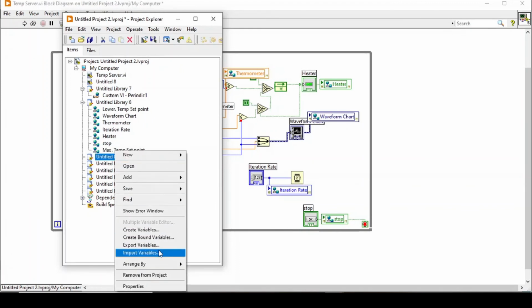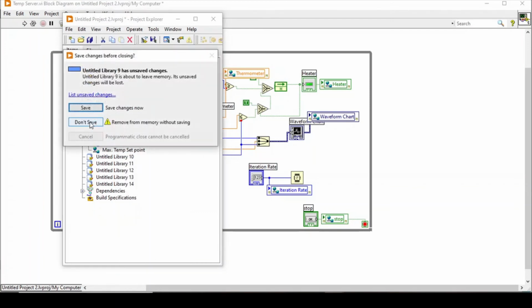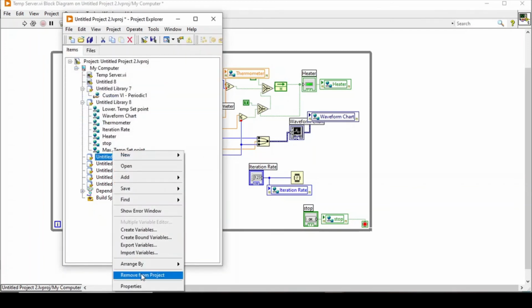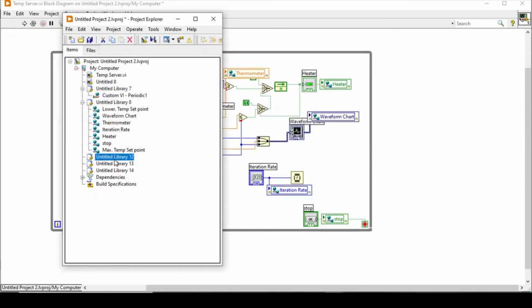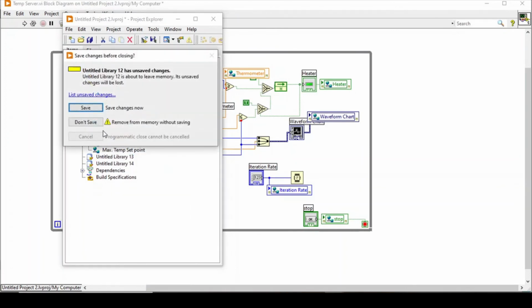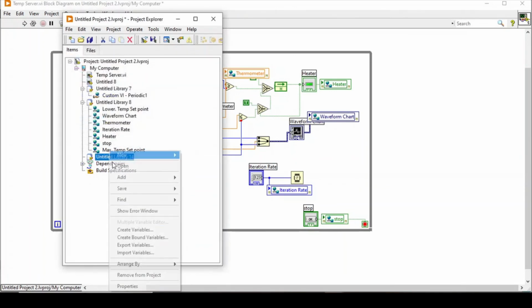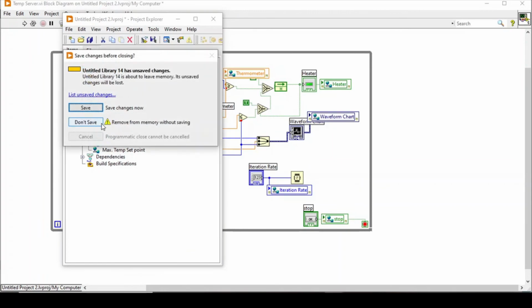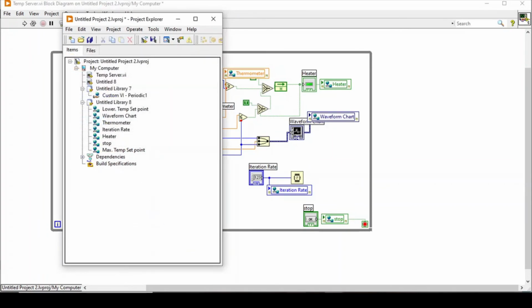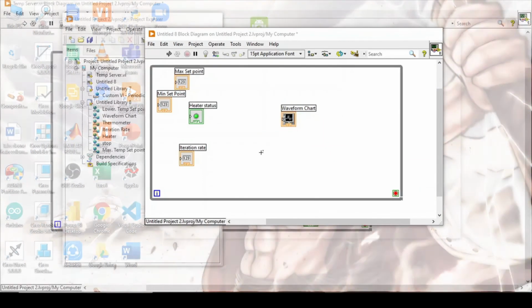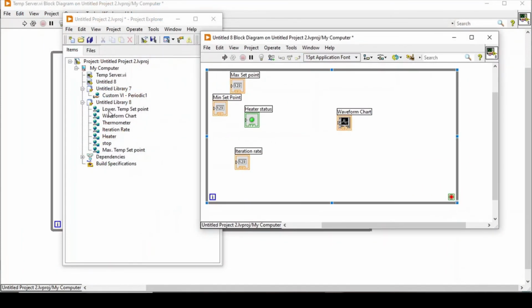Wherever they are placed, they can be randomly placed, so there will be no problem. We can remove those unwanted libraries from here like this, and after removing all those empty libraries, we don't need them,